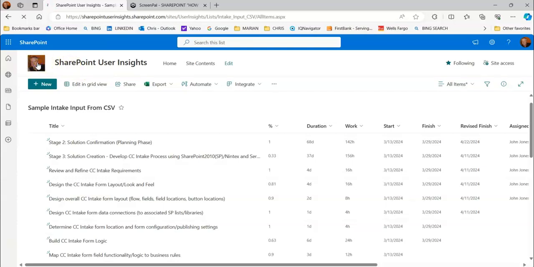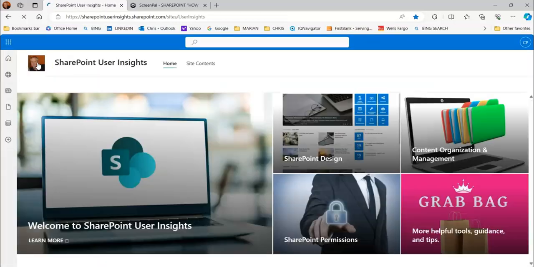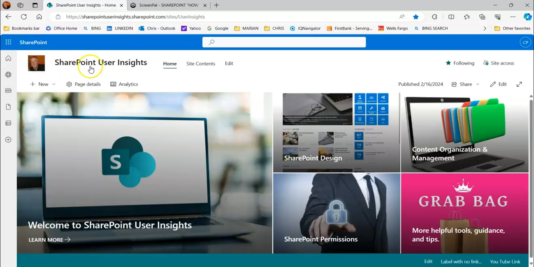Let's go back home. And again, what we were talking about was, in this example, we were working with a list, putting it into grid view so we could do more drag and drop types of things to speed things up when we're maintaining the list. We should be able to do the same thing